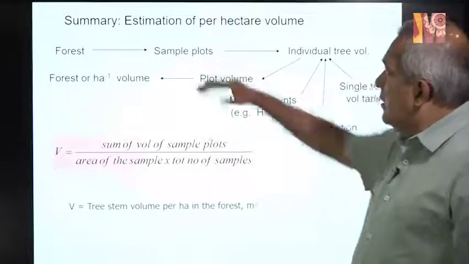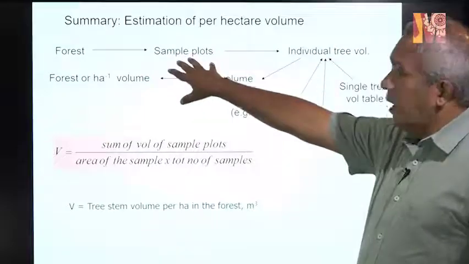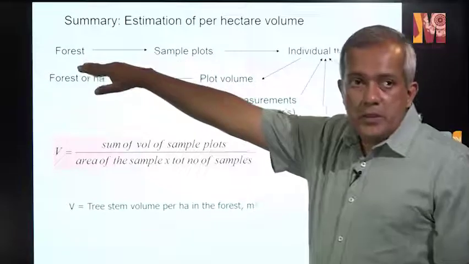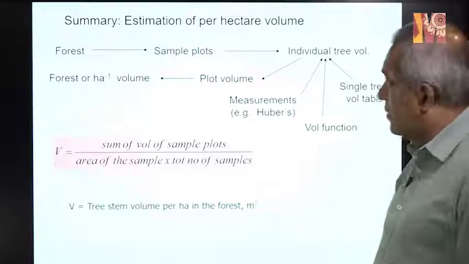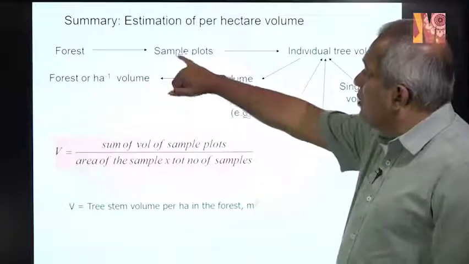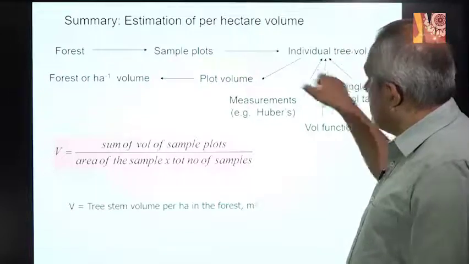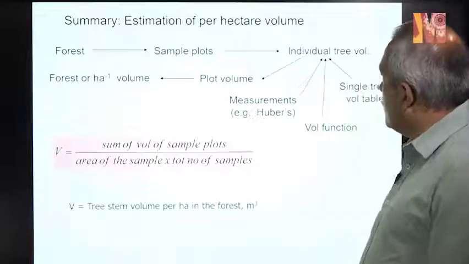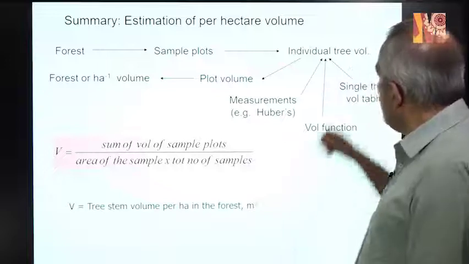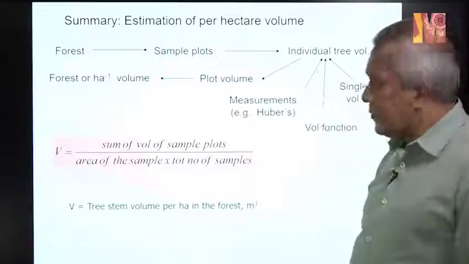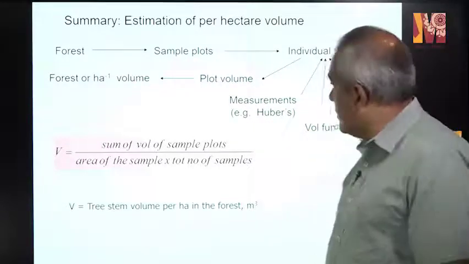Next method, how we estimate the per hectare volume, or volume per unit area. In that case, you have to have some samples, go to the forest, have a good observation, maybe you also need maps like Google Earth or paper maps, and then you demarcate an adequate number of sample plots, same size. Each sample plot has so many individual trees. You have to estimate the volumes for each and every individual tree in the sample. You can use the three discussed methods, either measurements like Huber's formula, Smalian's formula and Newton's formula,